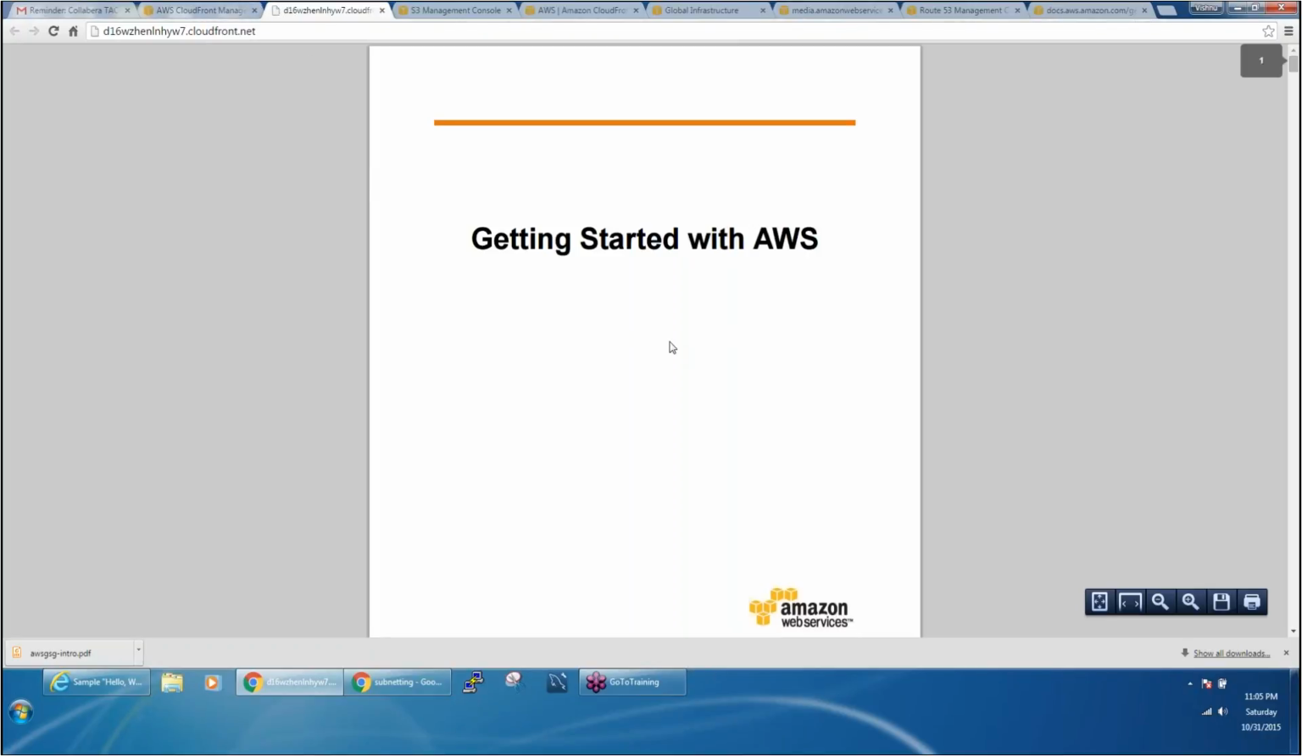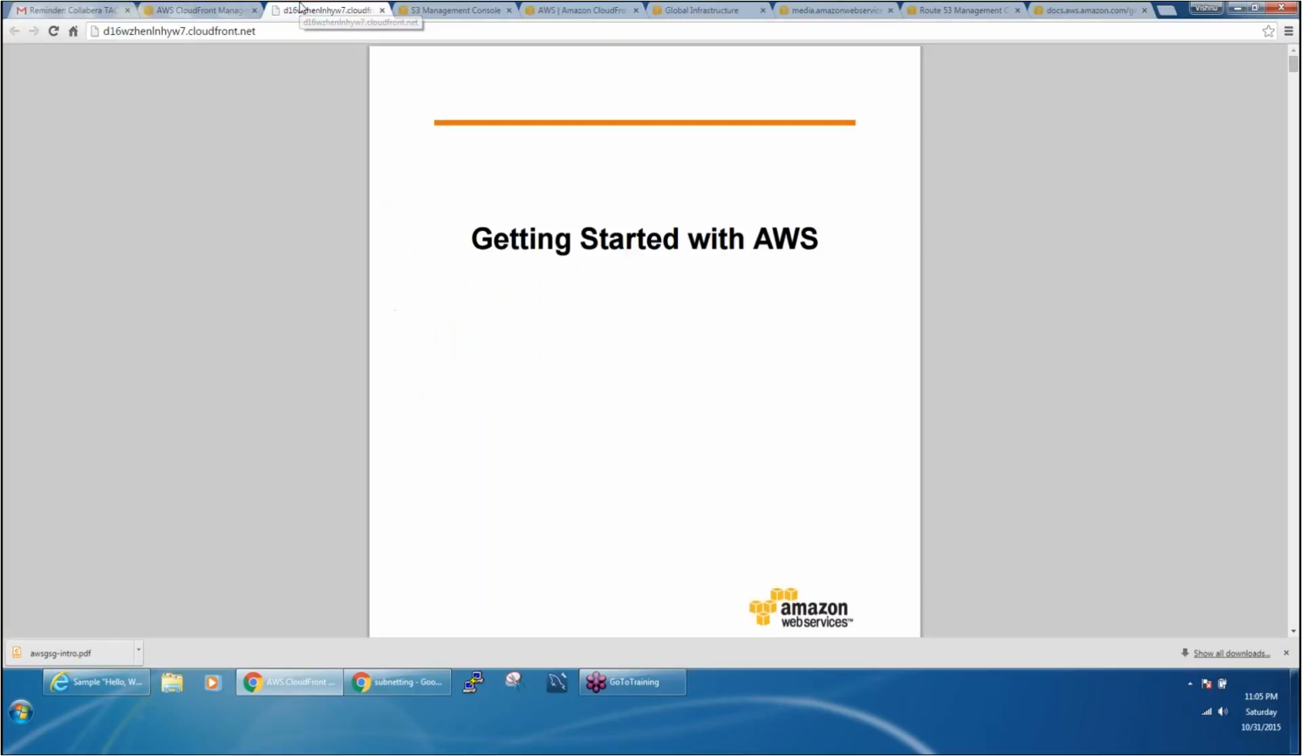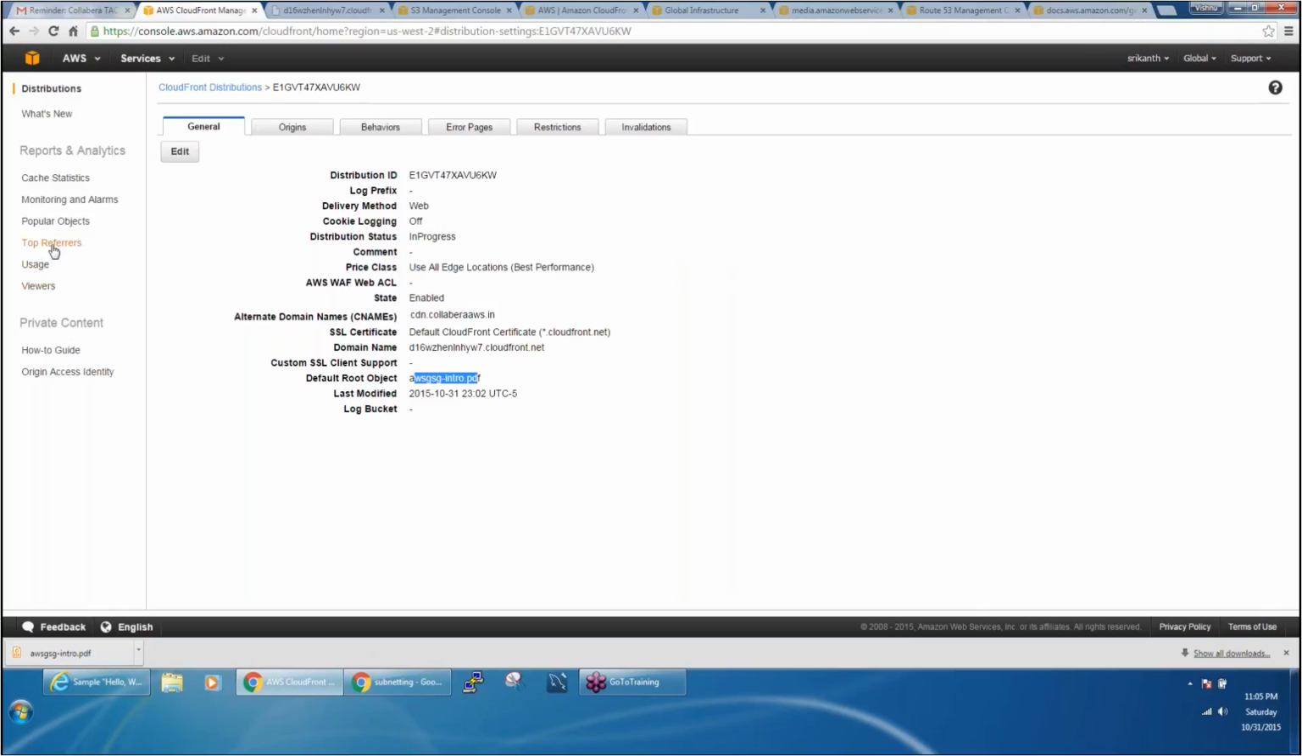When I'm trying to access this link, it gives me the default root object, which is nothing but AWS SG intro.pdf. So my CloudFront distribution is working fine. Now, actually, these reports take some time